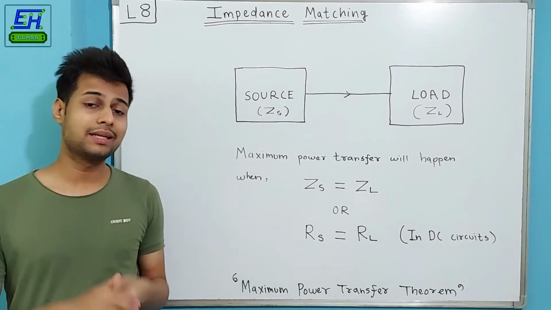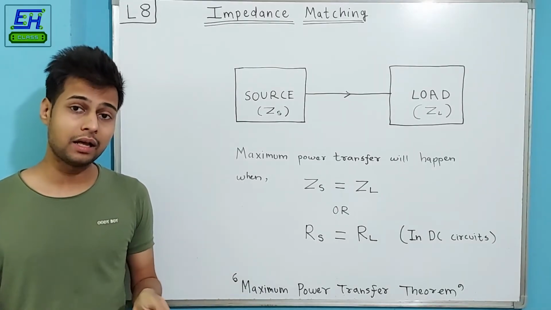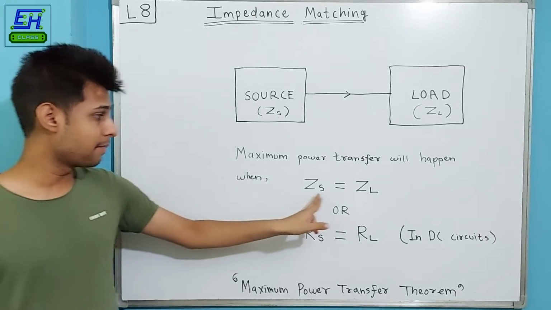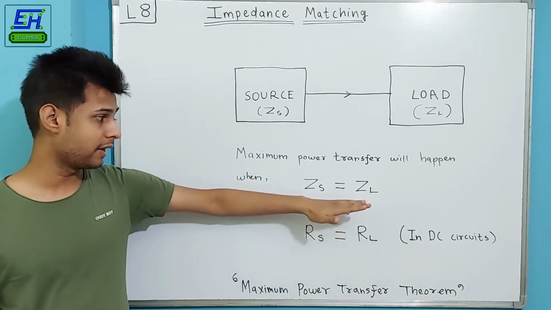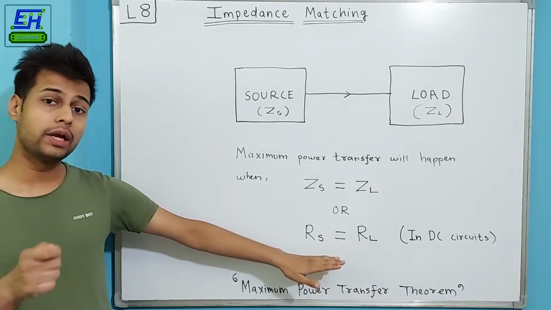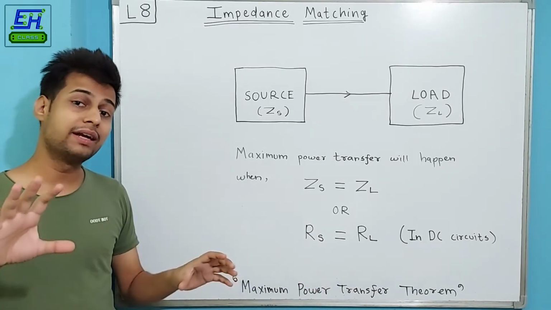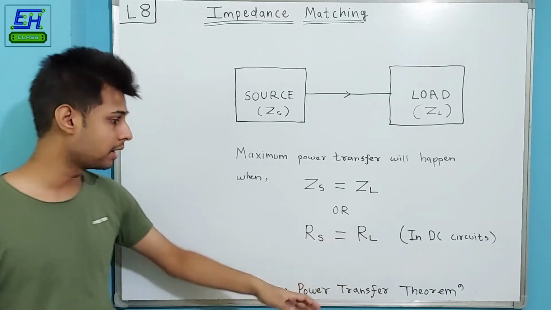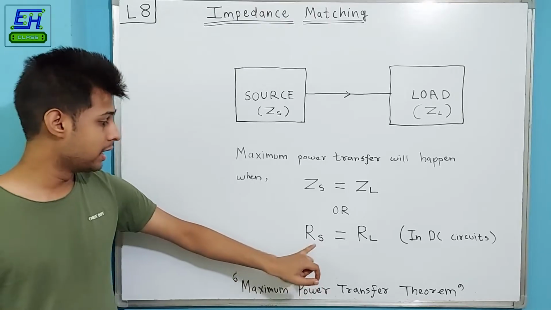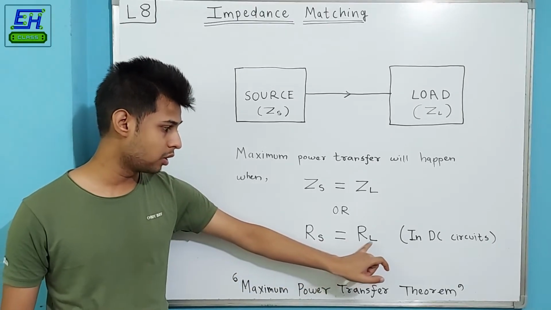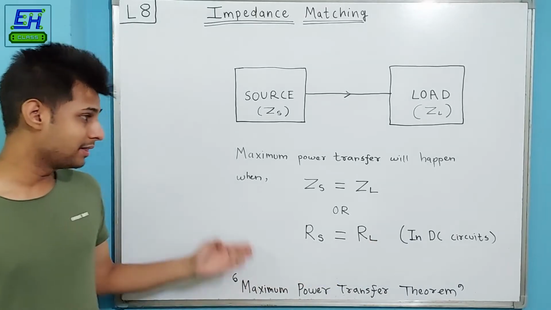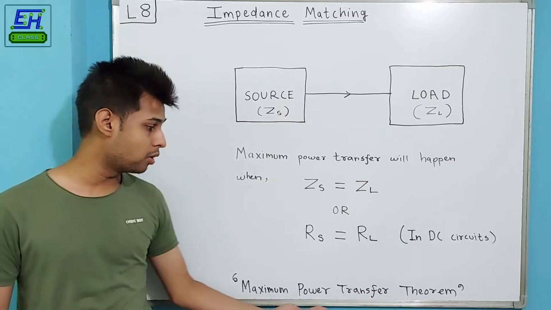Now impedance is basically the effective opposition to the electric current which is contributed by the resistance as well as the reactances. So this is important in the case of AC circuits, where we consider impedances. But in the case of DC circuits, the impedance is only contributed by the pure resistance, when it is a purely resistive circuit. So there we can replace the impedances by their internal resistances. So in that case, we'll make our load resistance equal to the source resistance itself. And this is actually what is known as the maximum power transfer theorem.